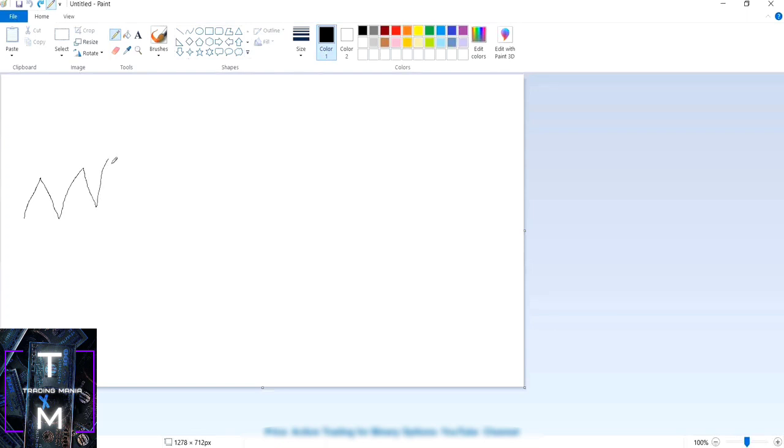Up down, up down. Let's say you're taking a 1 second chart or 5 second chart. It usually keeps on moving like this, like this. So the candlestick comes into action here. Now let's say this is the 0 second and this is the 60th second, and you're referring to a 1 minute chart,